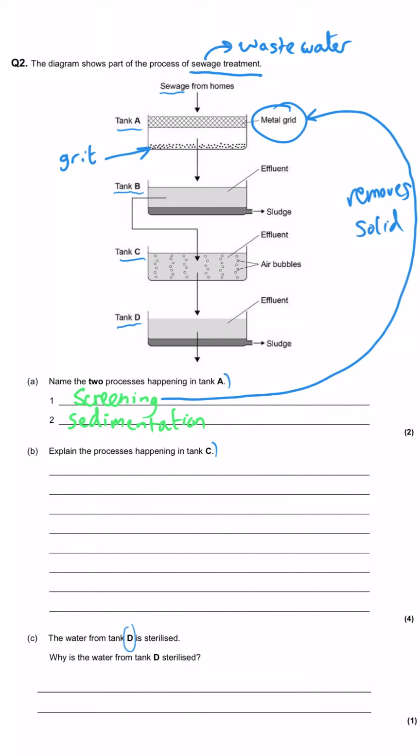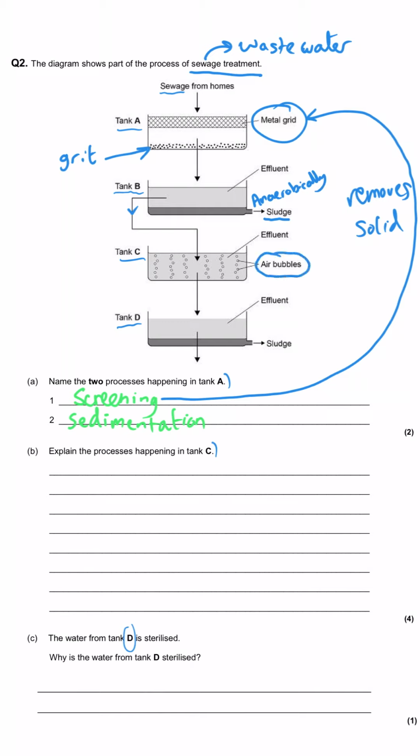Then the question skips tank B, but I just want to mention briefly what happens here. We've got two substances which separate out, and we've got the effluent, which is pretty much water, but what's in the water is organic waste materials that are such small particles they stay suspended in the water. And then we've got the sludge, which has more solid organic waste, which sinks to the bottom, and that then gets treated with bacteria, and they respire anaerobically, and that then makes the sludge suitable for things like fertilizers, whereas the effluent is treated, as you can see in tank C,